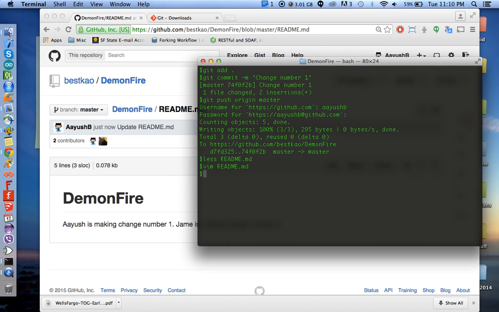And then like usual, I do git add, I add the file to my local repository, and I commit. My second changes. Everything is fine up to now. And now when I try to push origin master, I get this